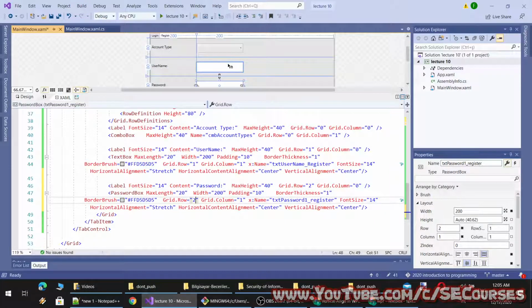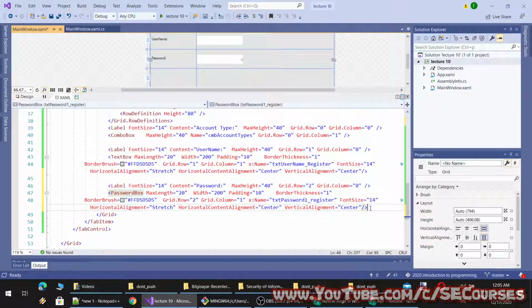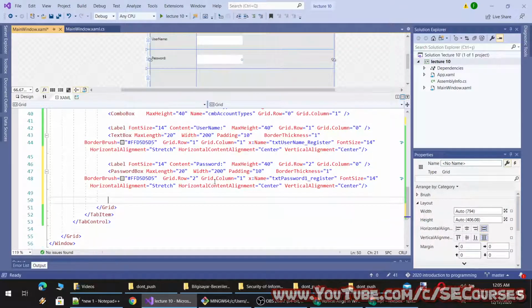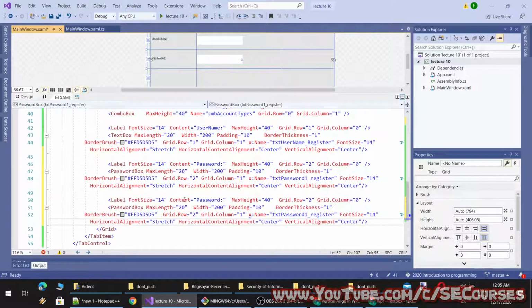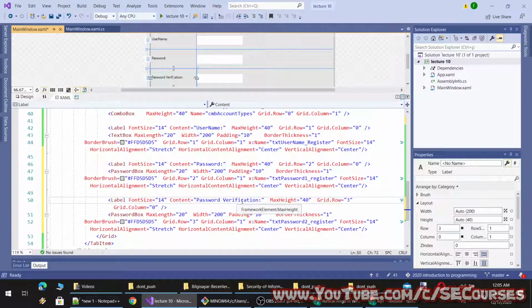Okay, so now we have a password, and we need to add a password verification as well, because if the user enters a wrong password, we can warn the user to re-enter the password. So this will be password 2 and password verification, or let's say re-enter password.